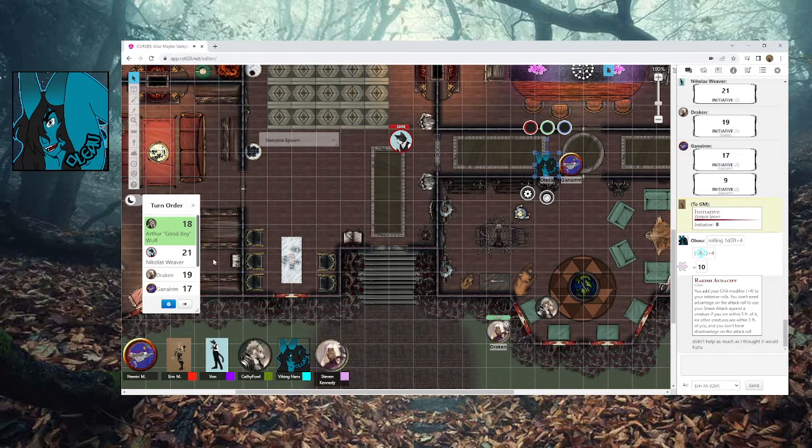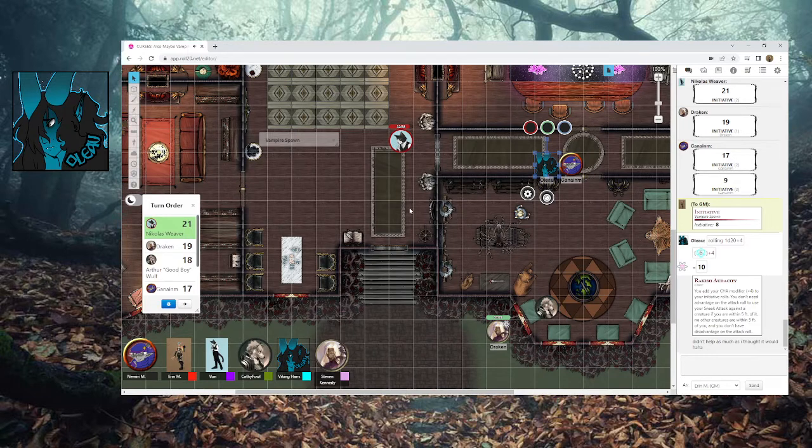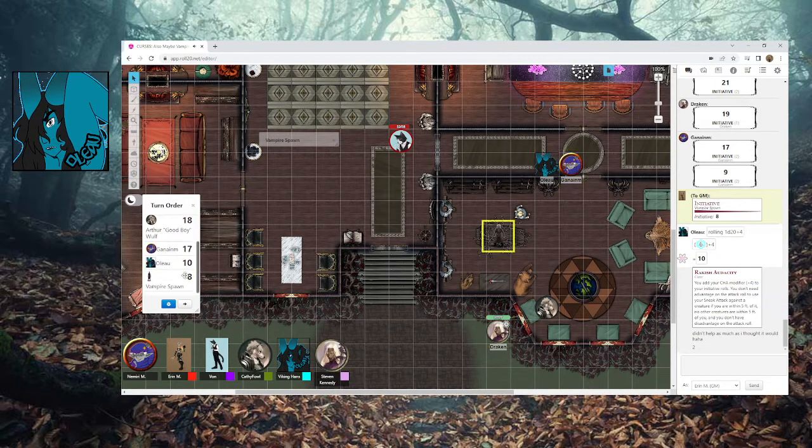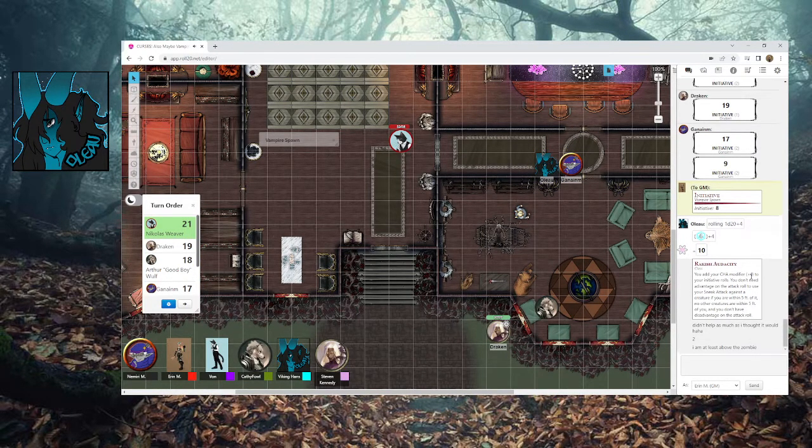Oh, you're a swashbuckler. Swashbucklers are awesome. Yes, they are. I'm prepping for the big damage, by the way. Also, if I'm not mistaken, isn't it Rakish Audacity, your initiative being Dex and Charisma? Yes. What was your dex? 2, so you're 12. It doesn't change the order, but we'll put it in there anyway. I'm at least above the zombie. Yes, you wish it was a zombie, don't you? Anyway,